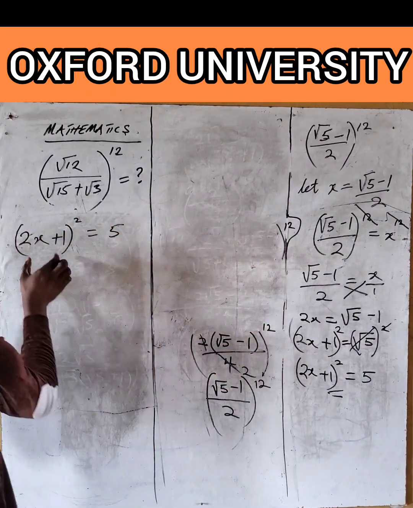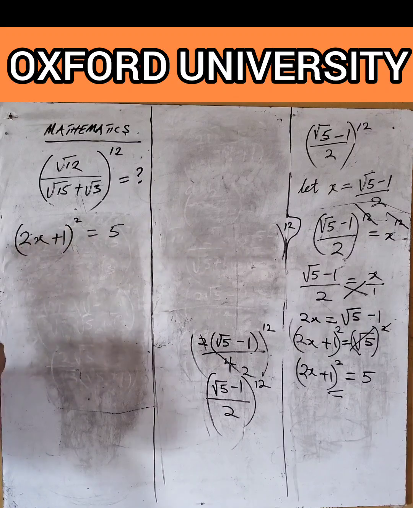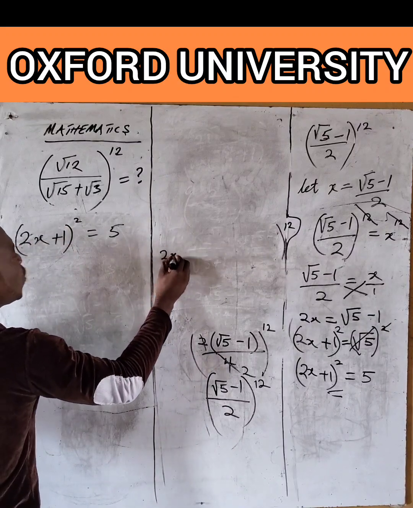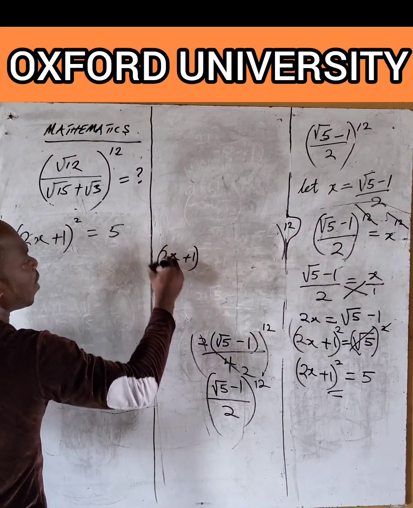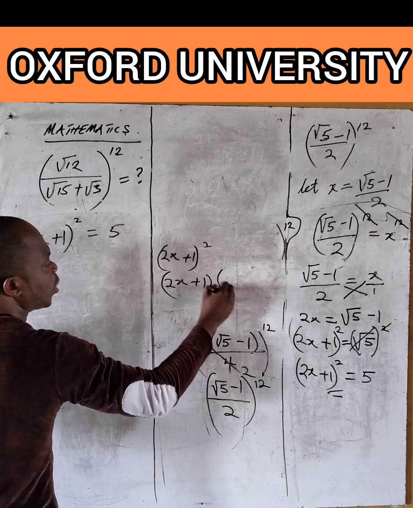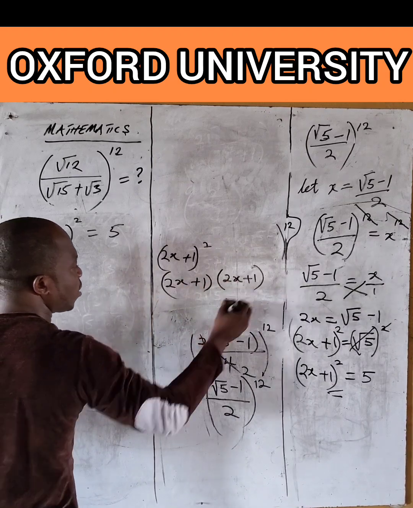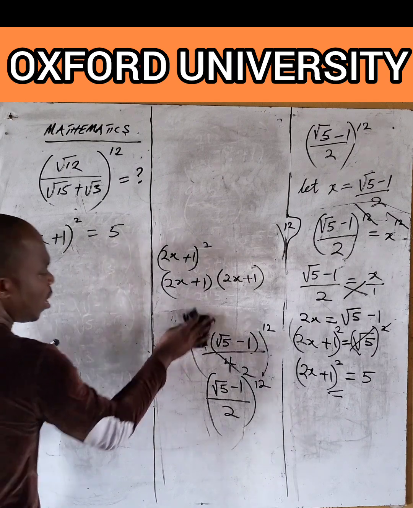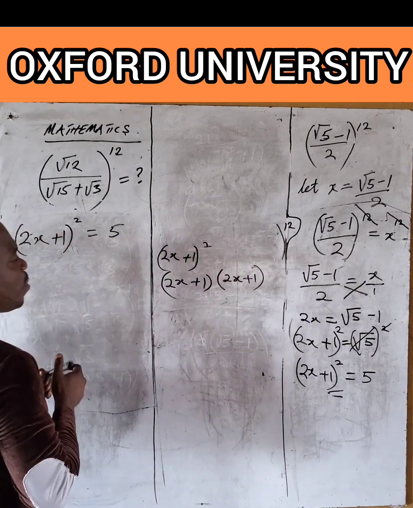Okay, let's expand (2x + 1) all raised to power 2. Of course, if you have (2x + 1) all raised to power 2, it will mean (2x + 1) multiplied by (2x + 1). Good. In expansion, we'll be having